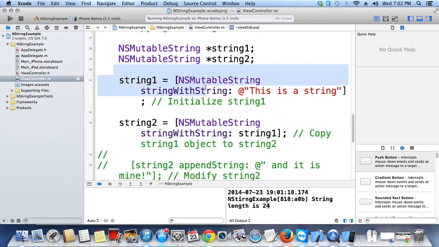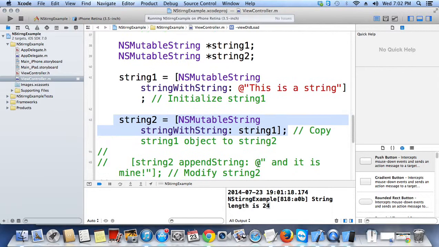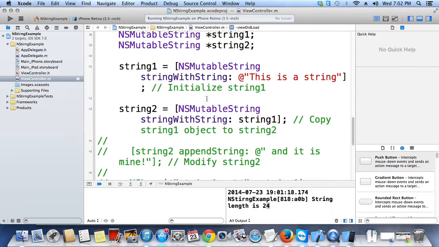I add the value to string1, this is a first string I am assuming. I want to copy string1 to string2. How to do that? string2 is equal to NSMutableString stringWithString. This is the method you have to call and you have to pass the string. This is the way to copy the string. You should not use string2 is equal to string1. That is the wrong way to do that. You have to do this using string2 is equal to NSMutableString stringWithString string1. So do that, and both string1 and string2 will have the same value.